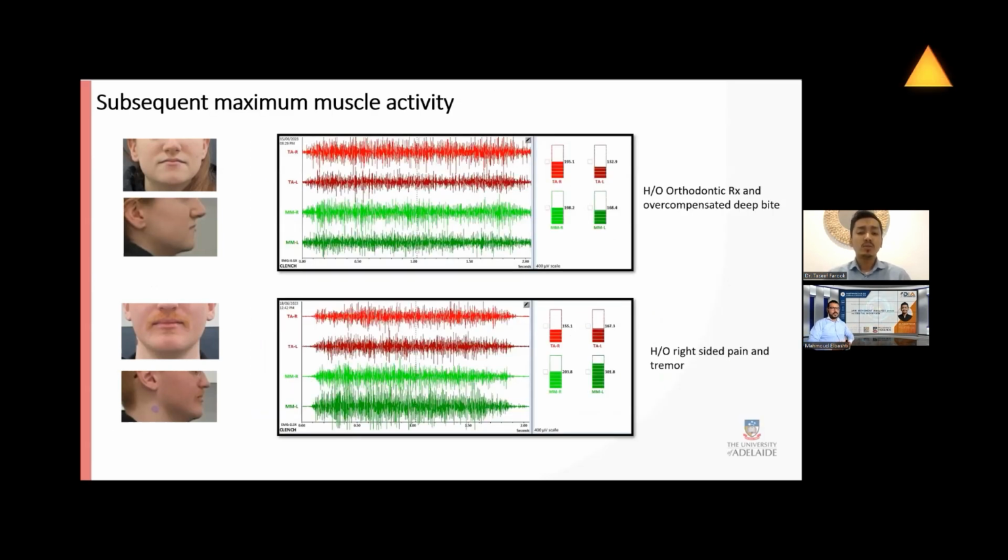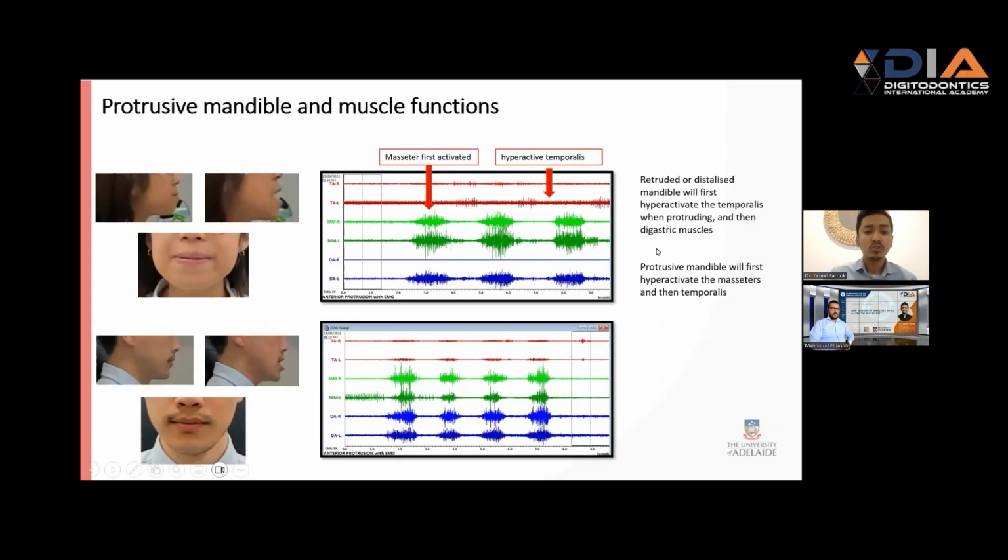And if you see the subsequent maximum muscle activities, you can see that it's all over the place. Now, I just want you to keep this in your memory before we move on to the next slide, because it's all going to make sense there. Now, if we have a look at protrusive mandible and muscle functions,